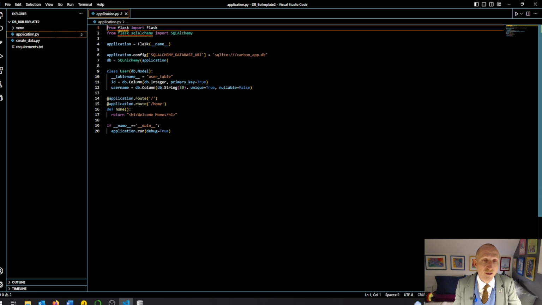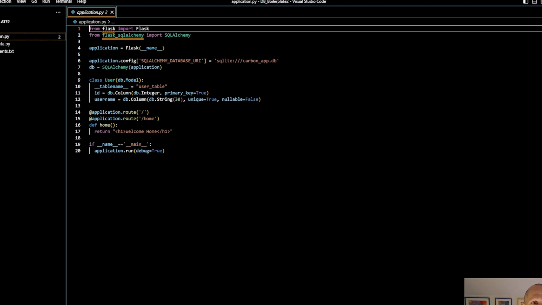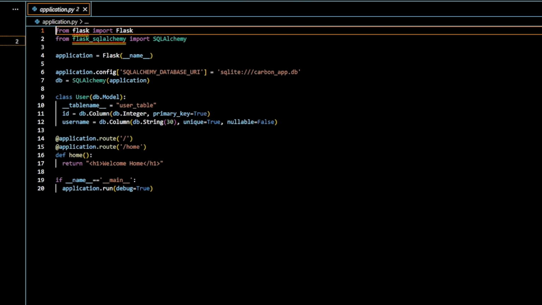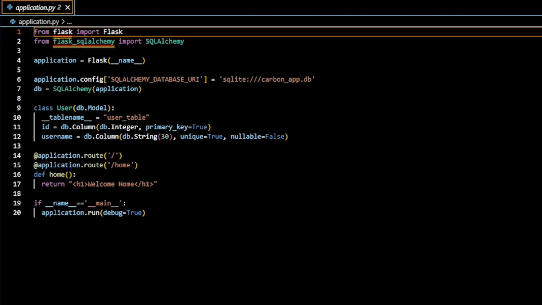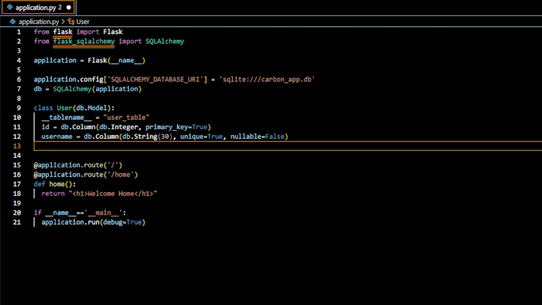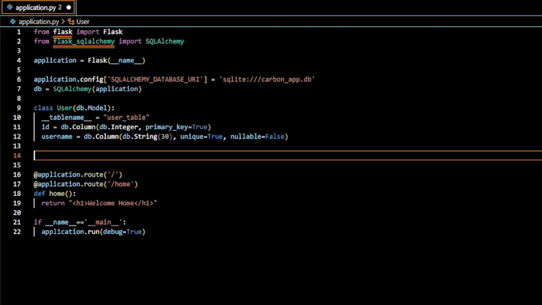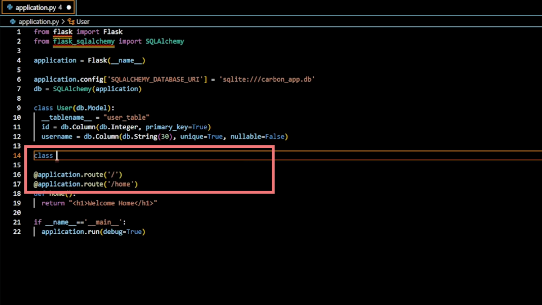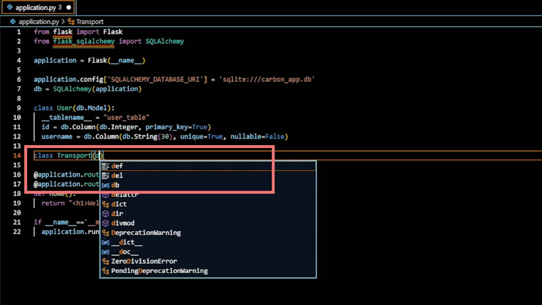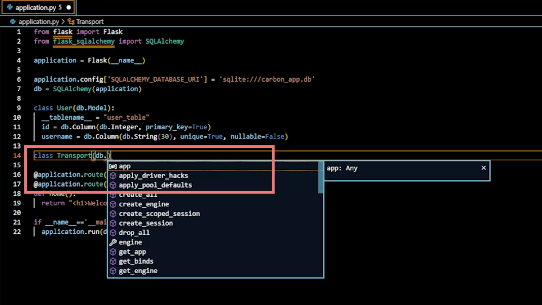We have Flask SQLAlchemy. Here we have a final location for the database. We define it, and we finished the previous video with defining this table. What we are going to do now is to create a second table that is class Transport, db.Model,